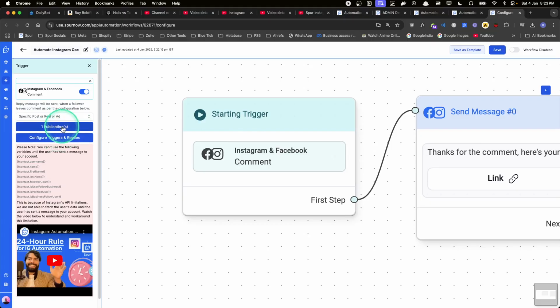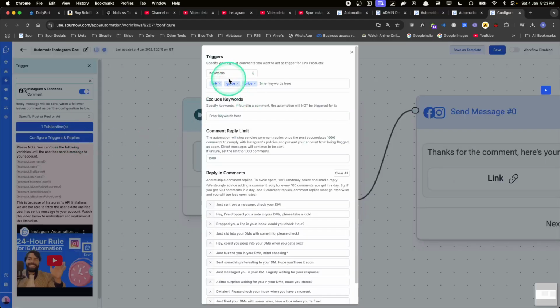All right. Now we have selected the publication. Now let's configure the triggers. Triggers are the comments which will actually trigger the automation for customers. So let's say we can ask people, hey, comment link and I'll send you the link in your DM. Comment guide and I will send the link in your DM. Something like that, right? So similar to that, you can just enter any other keyword like that here. So let's say I'll write playlist. I'll send you the playlist in the DM. So this is the section for keywords, right? You can also change it to all comments, but it's better if you choose a specific keyword.